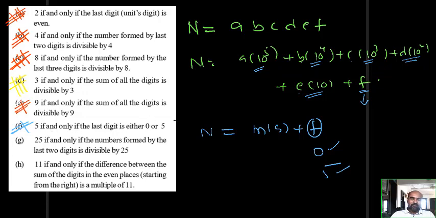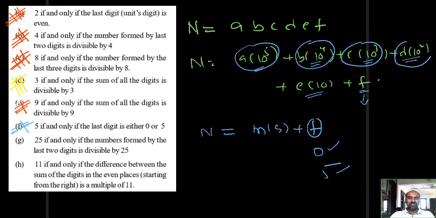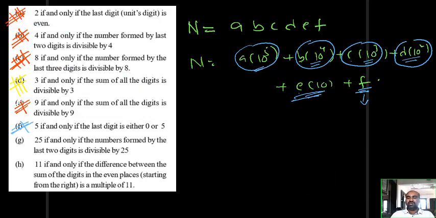Okay. Next, 25 here. Irrespective of A, this is divisible by 25. Irrespective of B, this is divisible by 25. Irrespective of C, this is divisible by 25. Irrespective of D, this is divisible by 25. We don't know about these last two. That's why I can say n is equal to a multiple of 25 plus E times 10 plus F, or otherwise I can say that n equals a multiple of 25 plus EF.